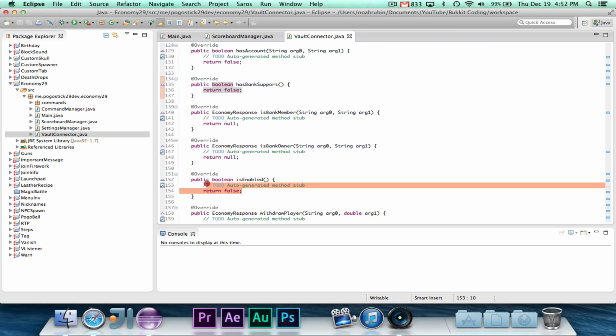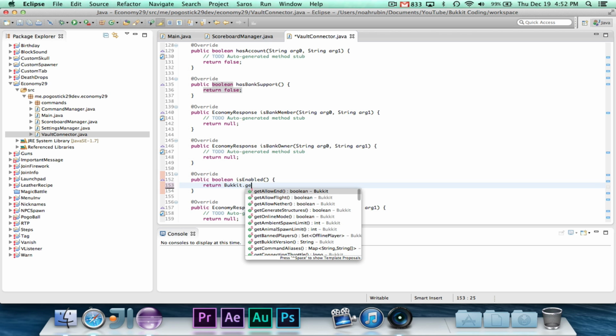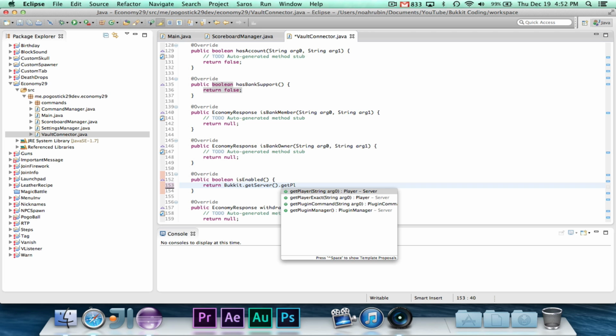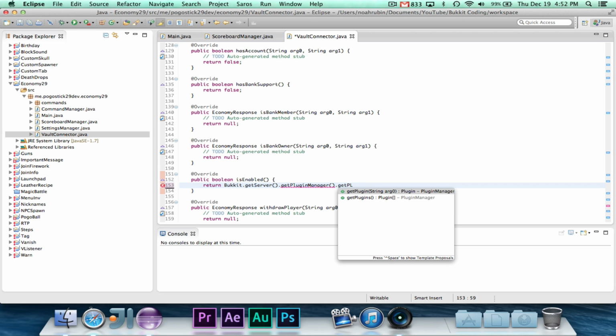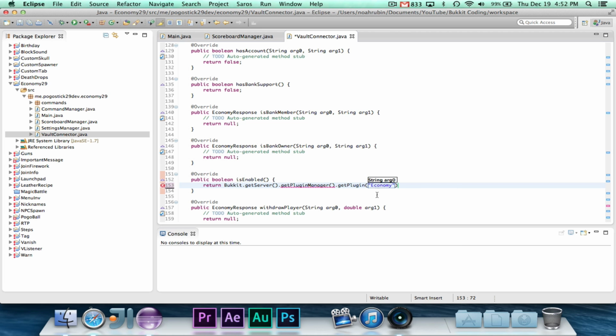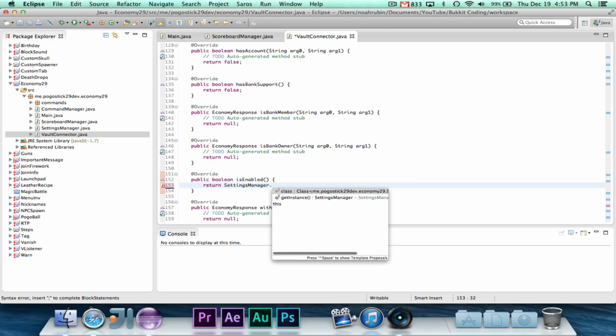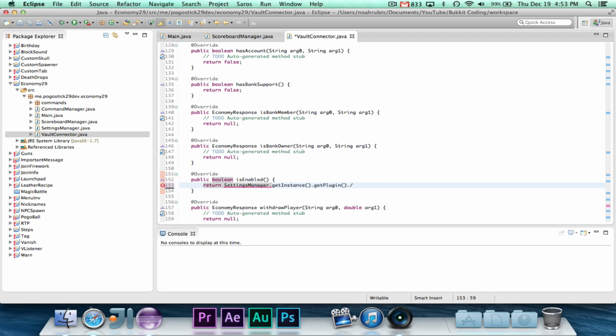So then now we have is enabled, and we're just going to return bucket.getServer.get plugin manager.get plugin. Oh no, you know what? I'm sorry. I think we have settings manager.get instance.get plugin is enabled. So if the plugin's enabled, then it will return true.